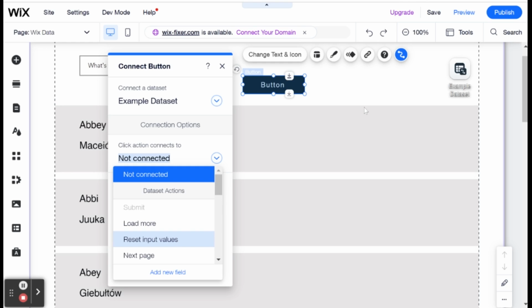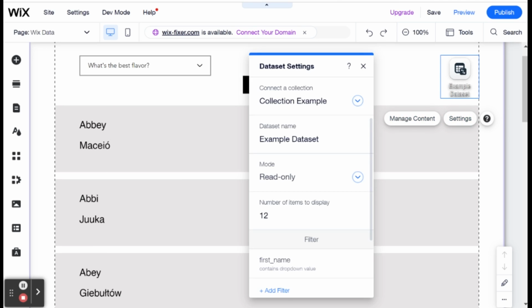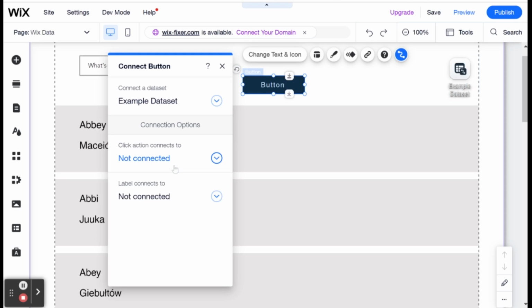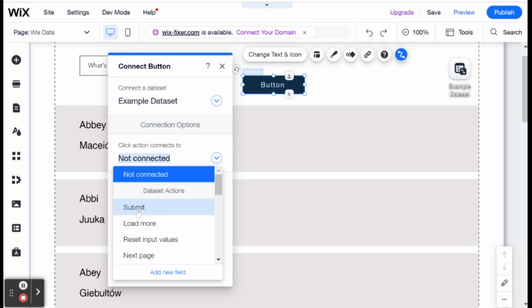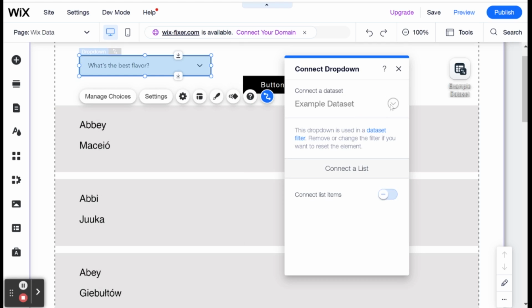But because this is a read-only data set, I don't have submit. But if I was to go over here and change this to a read and write data set, then you'll see here that my button, which I want to link to the example data set, has the option to submit. And when I click submit, basically what it'll do is it'll add any inputs that I have that are linked to specific fields to the data set. So for example, if I was to connect this drop down and I connect it to,